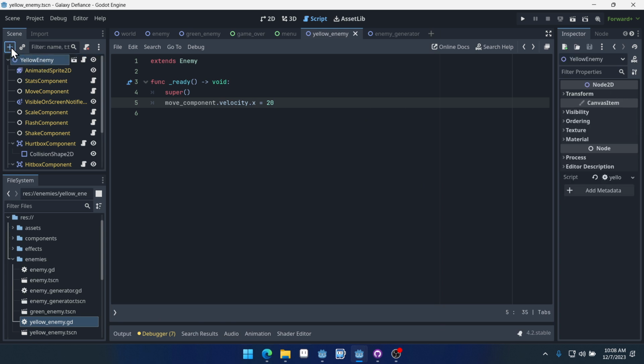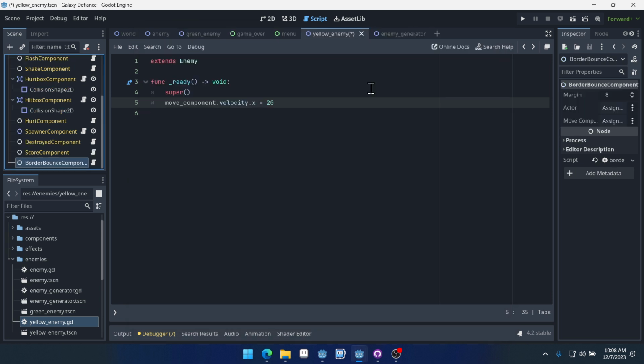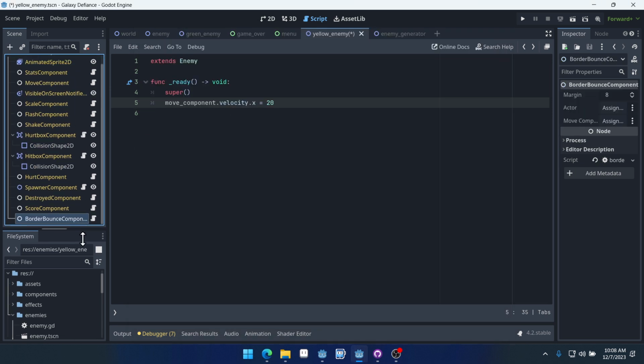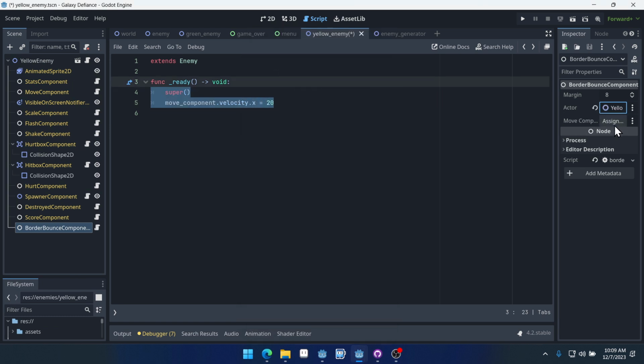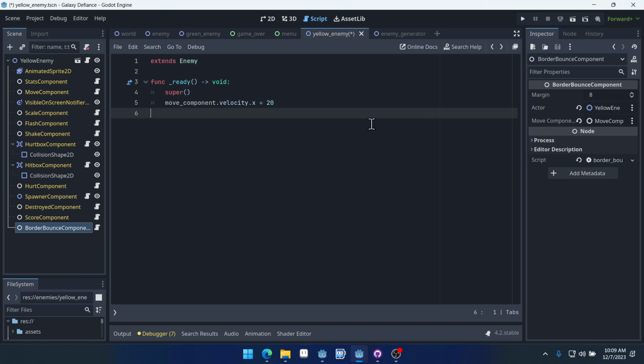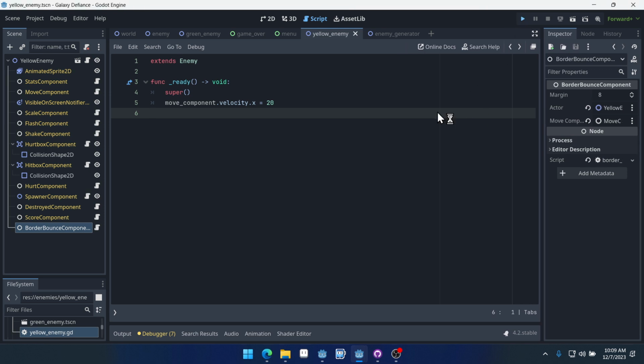So we click on enemy, add here, and then we'll add border bounce component like this. And we need to assign an actor, which is our yellow enemy. And then we need to assign a move component, which is our move component. And then it has a margin here for the margin to bounce off the border. We'll just leave that at 8. Now, when we run the game,